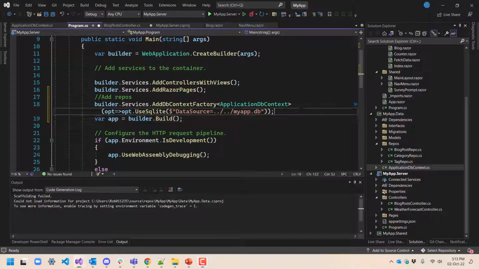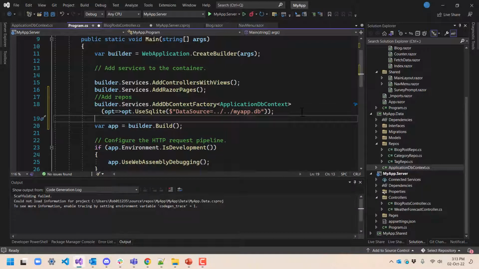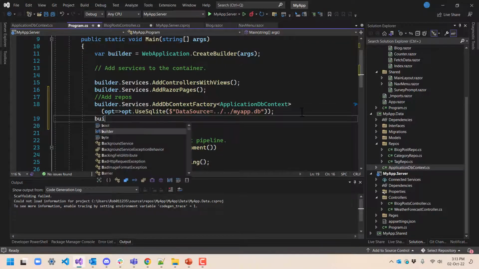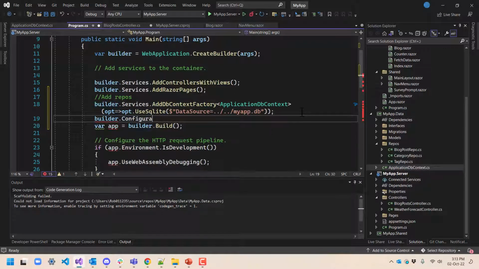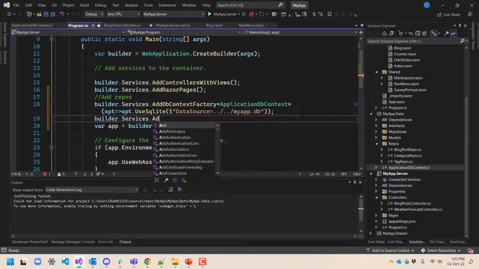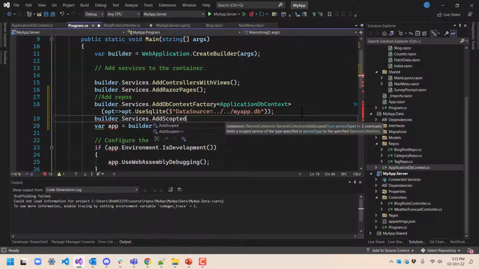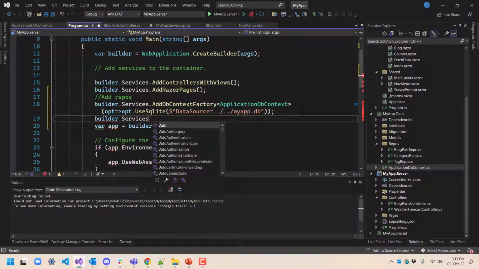So that adds the application DB context itself. The next thing we want to do is add our repos. So we're going to say builder services dot add scoped. And with services, you have